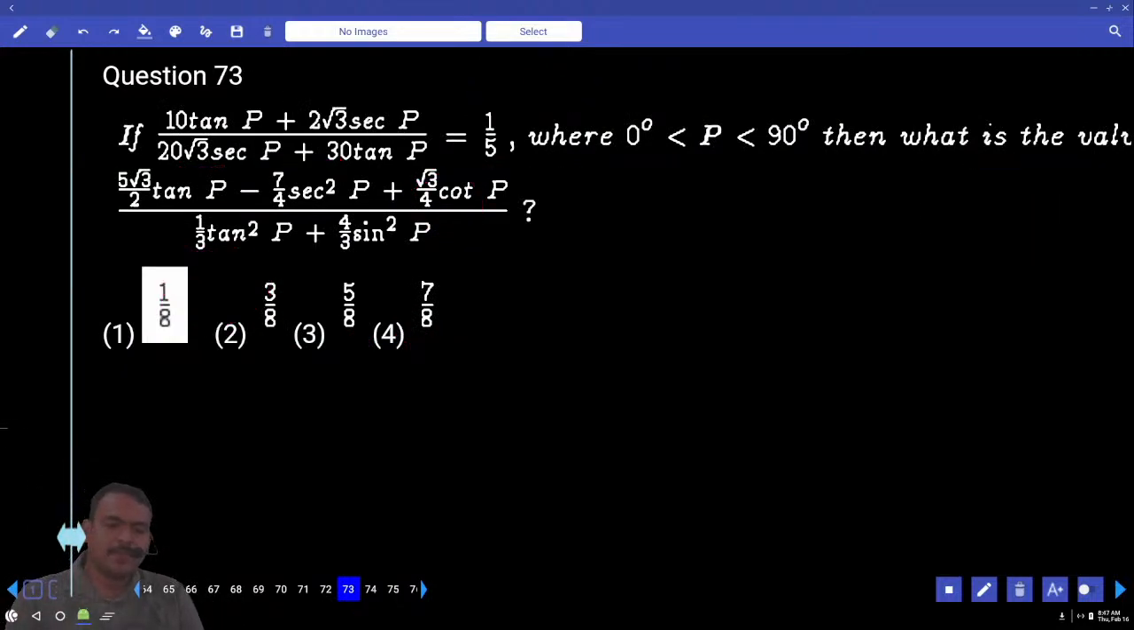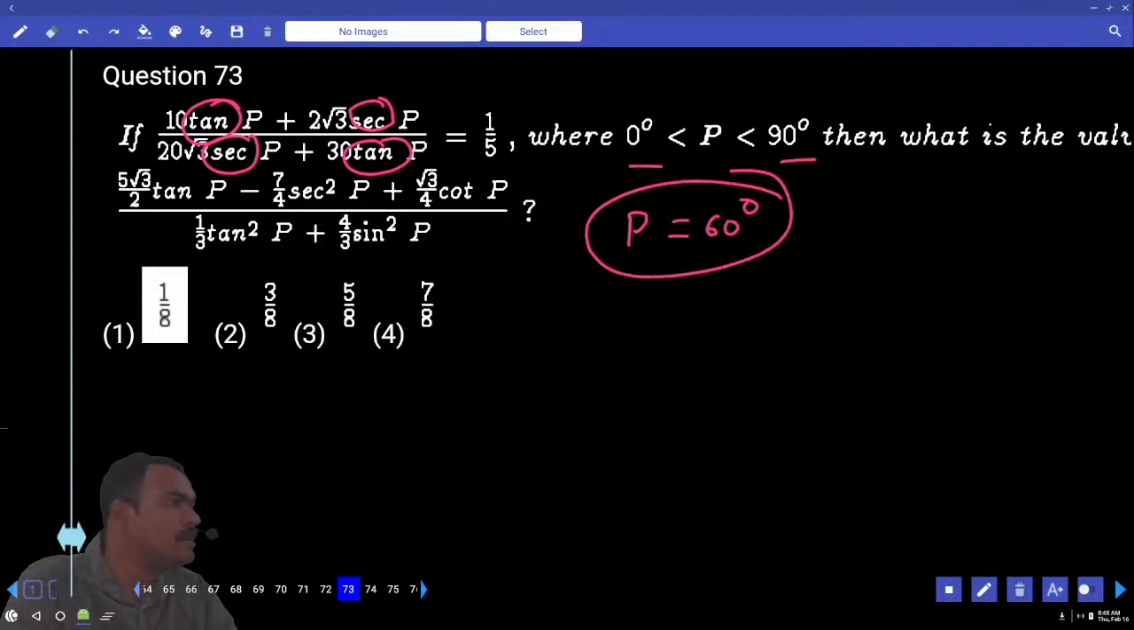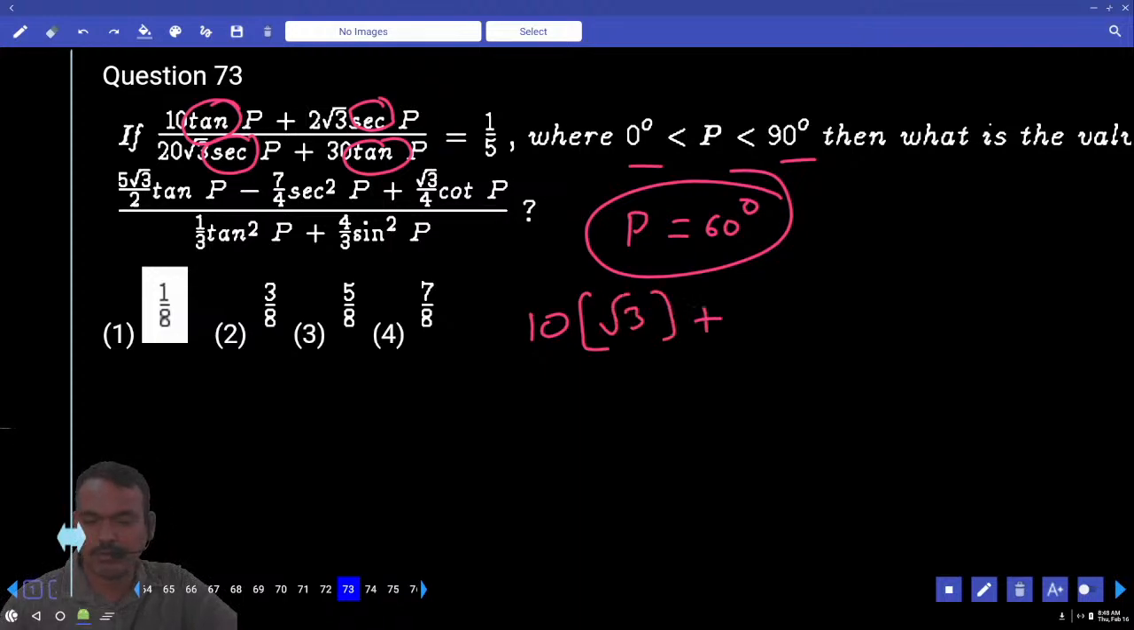If tan 10p plus 2√3 of secant p, numerator tan secant, denominator secant and tan. Substitute the p value 0 to 90. p value return 60. p value return 60 degrees. Substitute the p value 60. 10 into tan p, how much? Tan 60, no? What is the tan 60 value? Root 3. Root 3 by 2 by 1 by 2, nothing but root 3 or not, plus 2 root 3